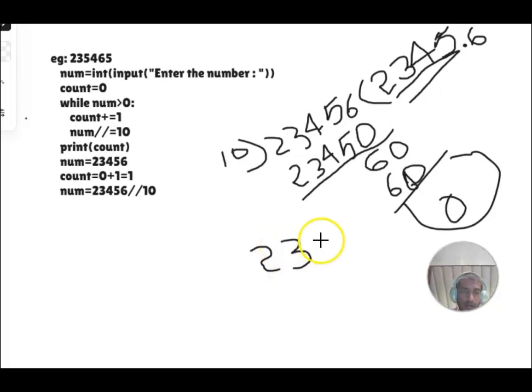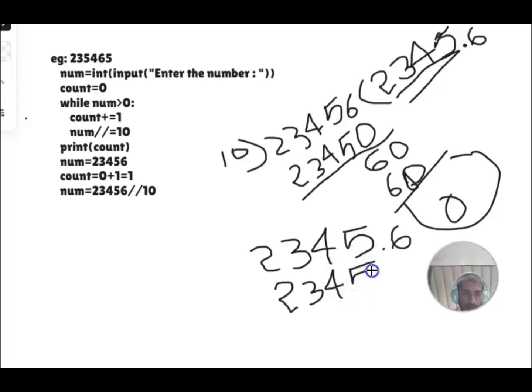When you divide with a 10, 5. So when we use a float division, it rounds off the value to the lesser value, so up to 3, 5, then it works. So the num becomes here. So the num becomes